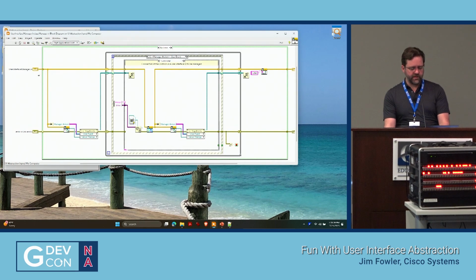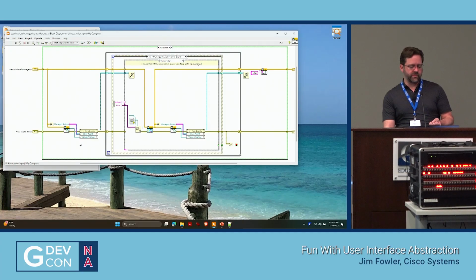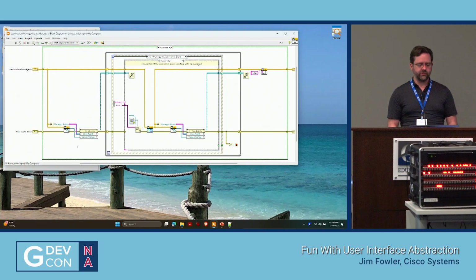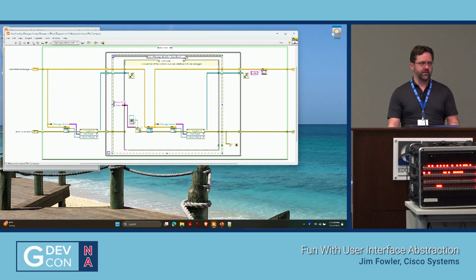The manager itself is a single loop, and everything is through events. What I do is take all the controls and indicators on your user interfaces, put them into an array, and then put them into a single value change event. And then the user event for the manager action allows the manager to react to state changes. I didn't use queues here because I'm already using an event structure, so I use user events instead. So here are the different states.